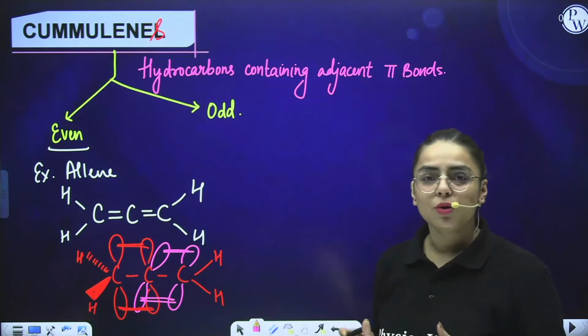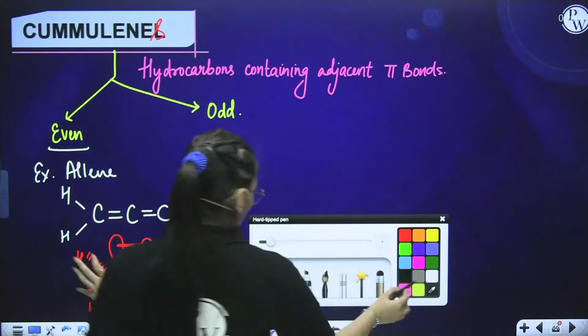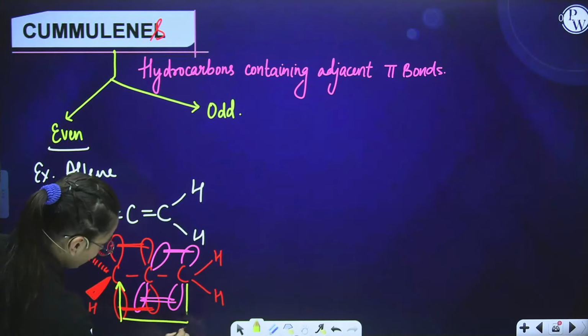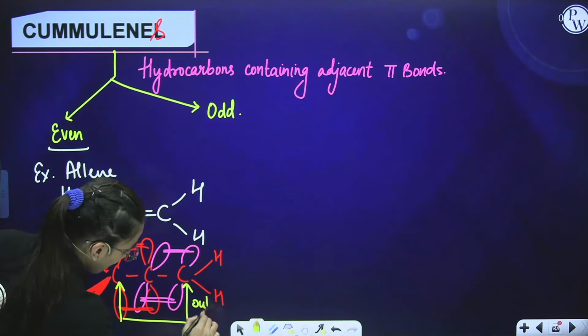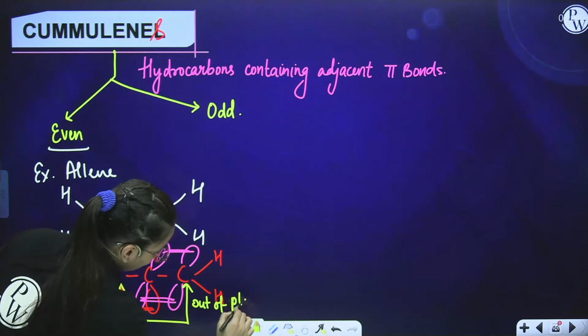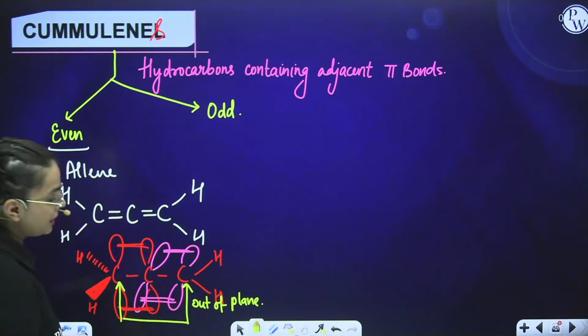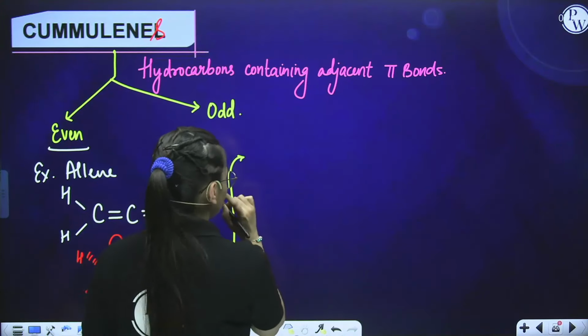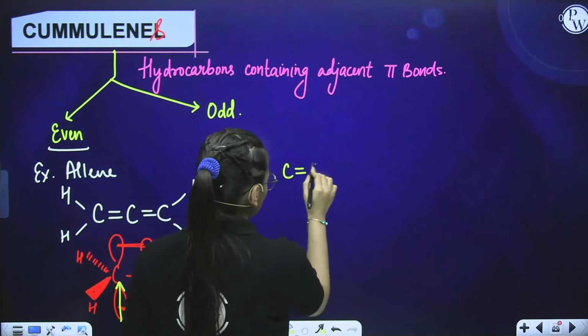So now what do we observe here? We observe that both of the terminal carbons, this carbon atom, if I talk about, and this carbon atom, these are out of the plane. What do we see here? We see that students, while drawing the structure,